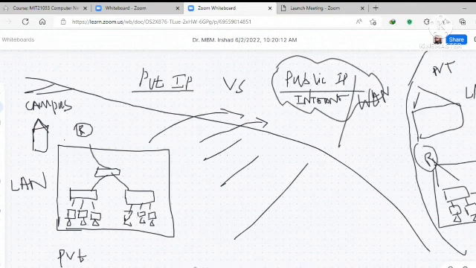Yes, sir. Right. So, you understood the private and public. Right. So now the difference is, for example, if this PC, say I want